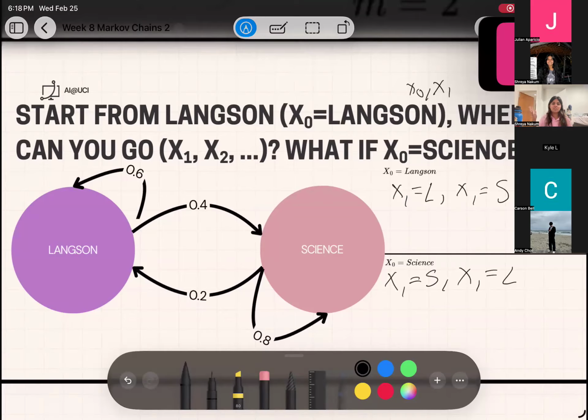And so I'm just trying to give you guys an idea of what these sequences are like. And then again, it's the same thing here. We're back at Langston. We have 2 places we can go. We can go to Langston again, or we can go to science. Same thing here. It's the same exact idea here. And that's just sort of the idea of how these chains are created. It's these long sequences where the next one is conditionally related to where you are right now.